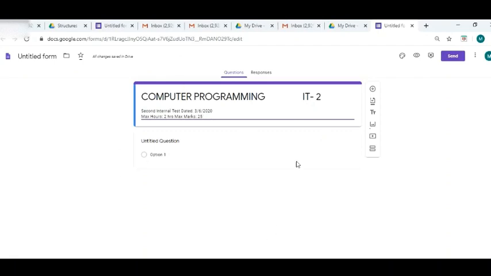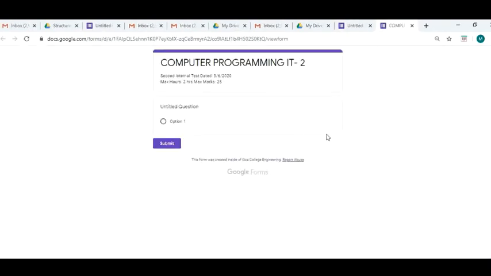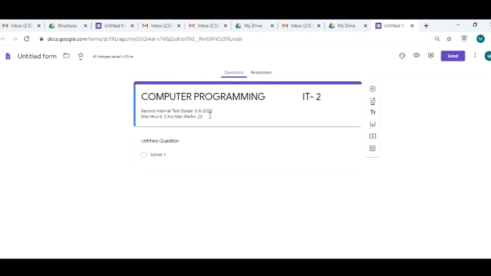Every time you design a bit of the form, you want to see how it looks, you can click on this eye, that is your preview option. So click on it and you will see exactly what your form looks like. Your form looks this way, just a start. Now we can close it and make it look even better.